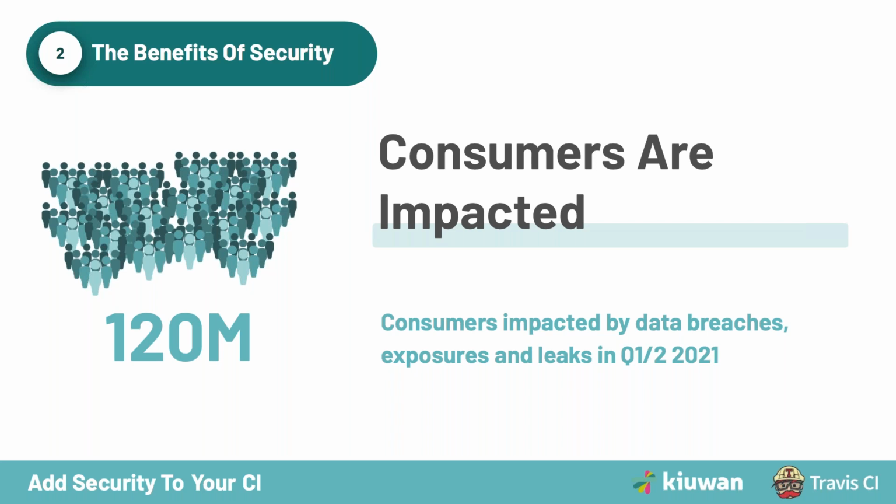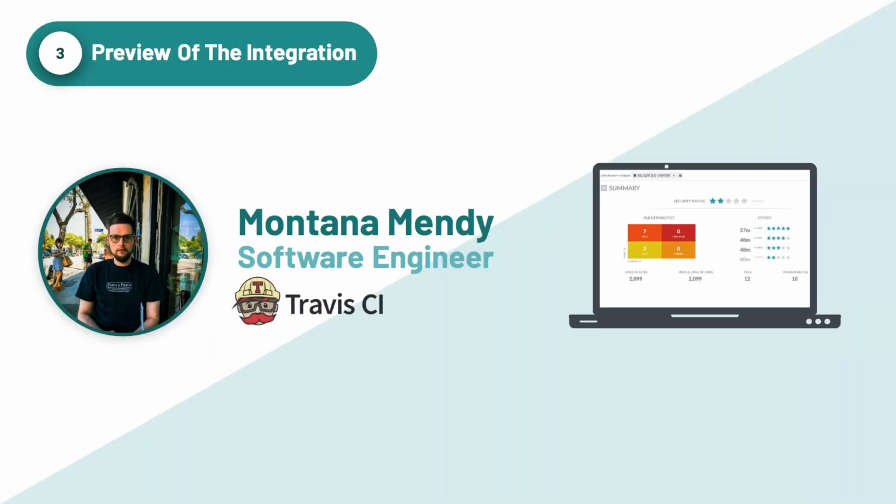Within this, teams have to ensure that security is built in and that applications are developed with that at the heart. And so we're really excited today to exclusively preview the new integration between Travis CI and Kiuwan. This will really highlight the efficacy of the collaborative solution and demonstrate how easy it can be for your development team to improve their process while leveraging these tools to do it.